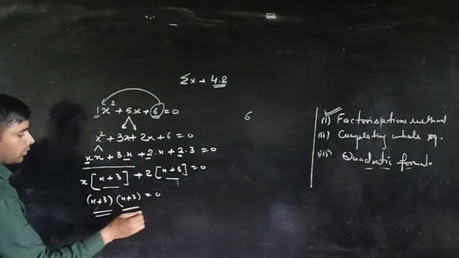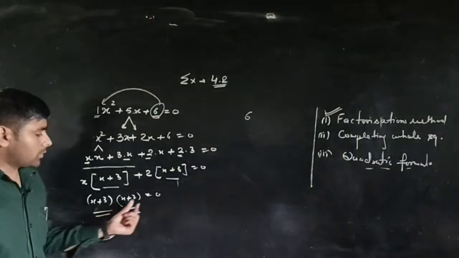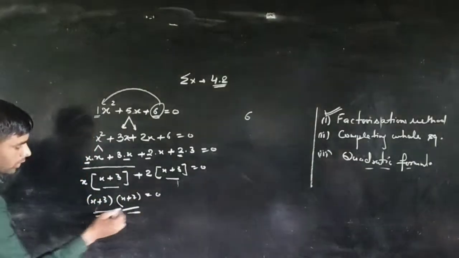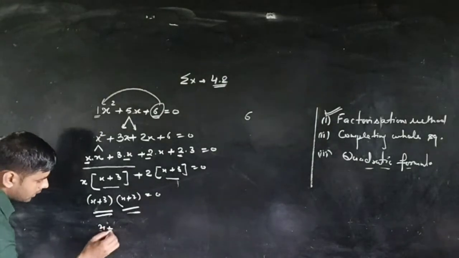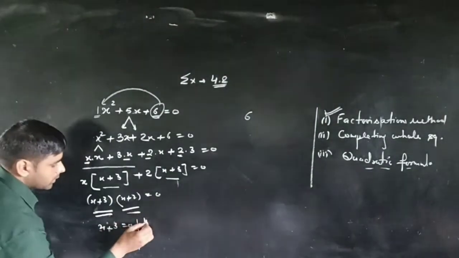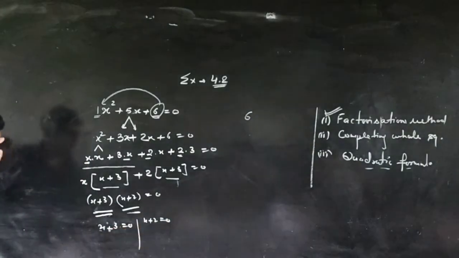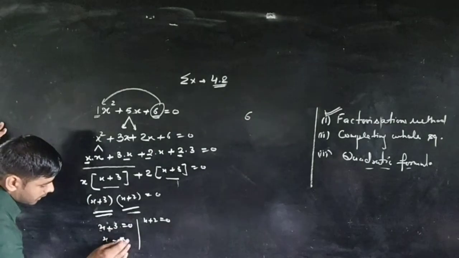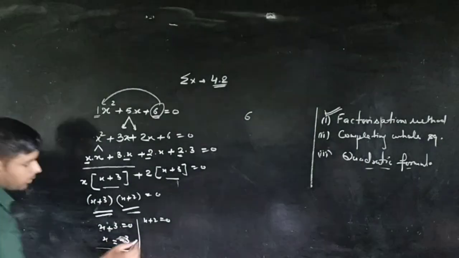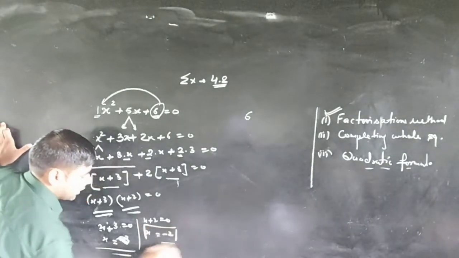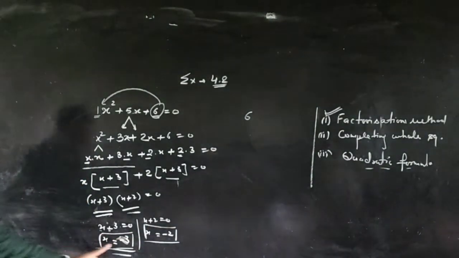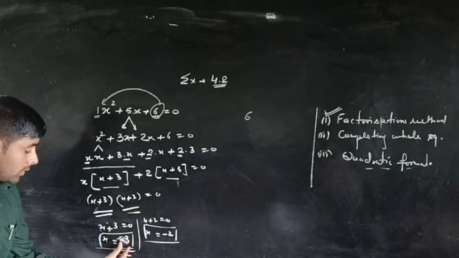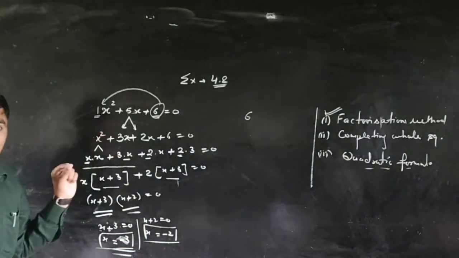The product of two terms here is 0. This is possible only when either x plus 3 equals 0 or x plus 2 equals 0, or both are 0. From here we find x is equal to minus 3, and x is equal to minus 2. The values x equal to minus 3 and minus 2 are the solutions, or roots,